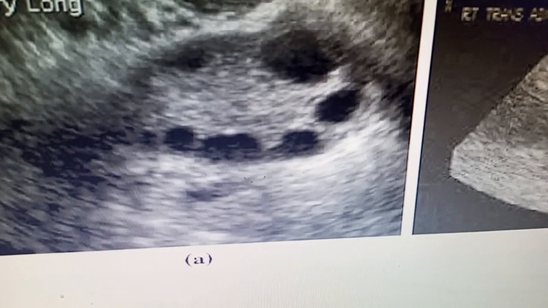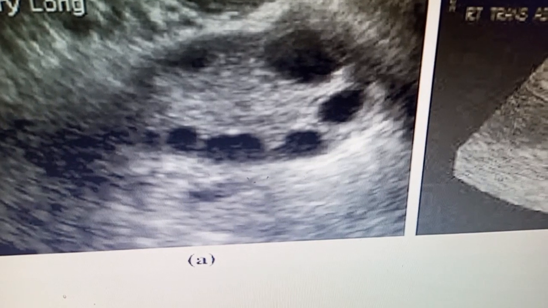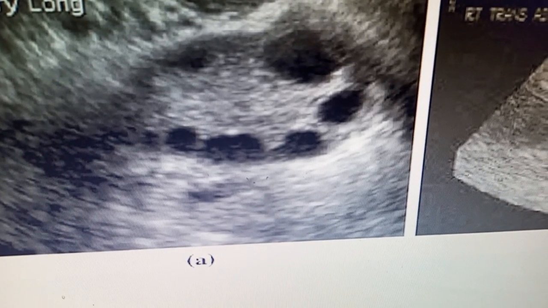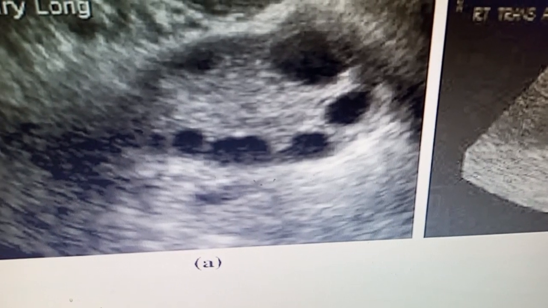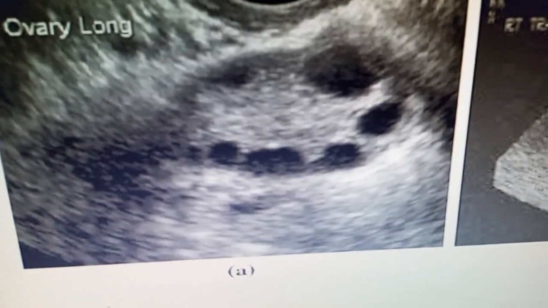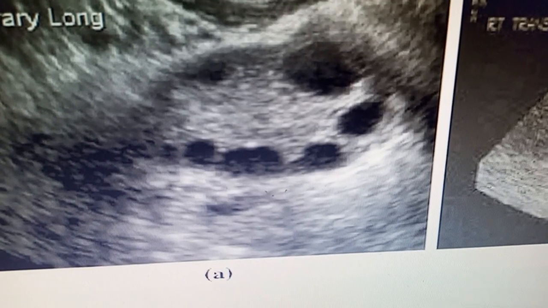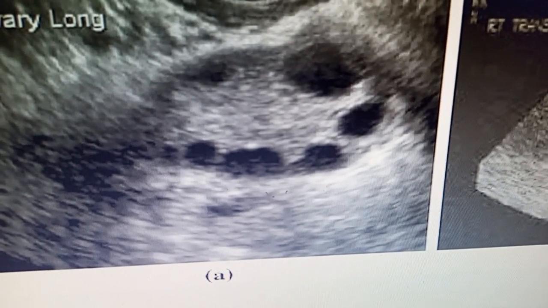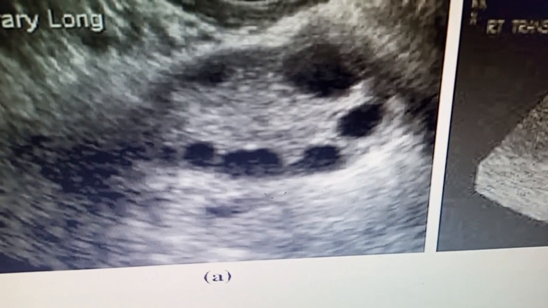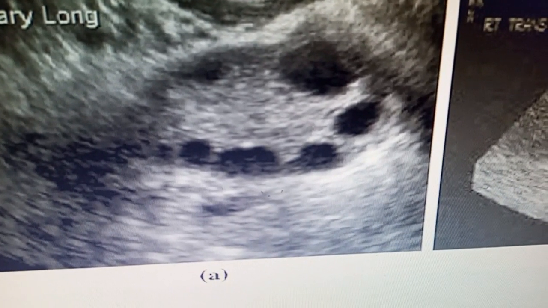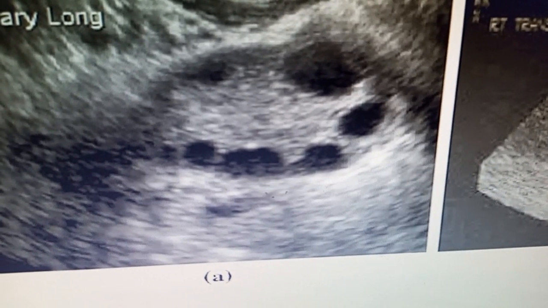Today I am going to describe the normal versus abnormal image on the ultrasound of the ovary. So this is the normal image of the ovary, and you can see that multiple cysts are noted in it. However, they are of variable appearance. This appearance is seen in girls from the age of 20 to 30 years. In normal,